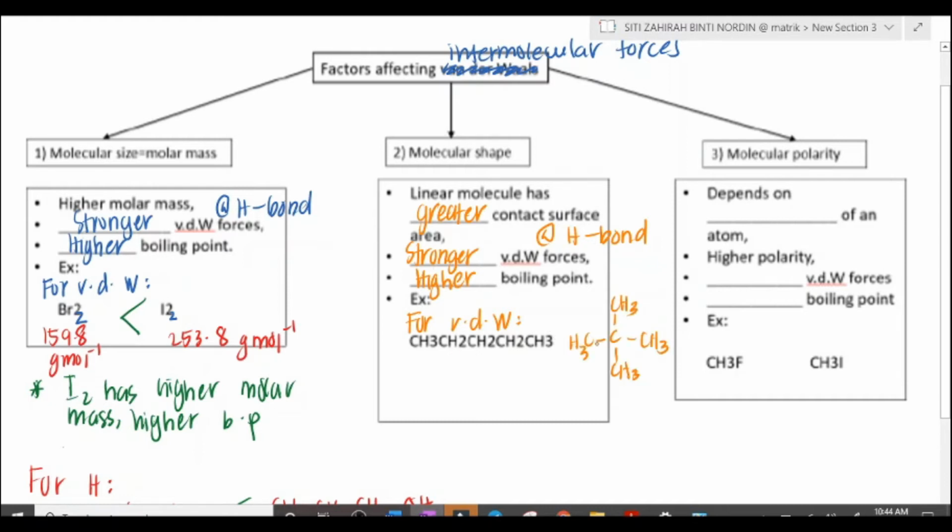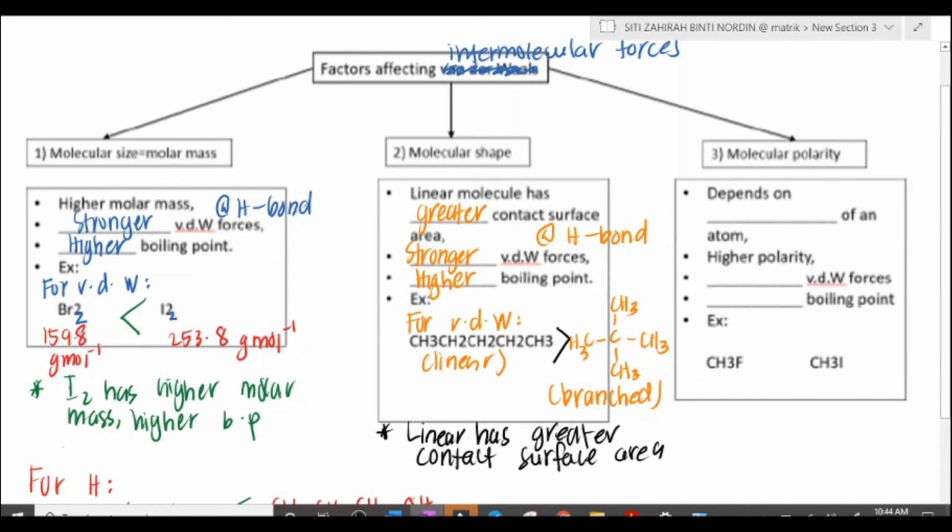Compare these two molecules. This one is in linear form, while this one is in branch form. Which one would have a higher boiling point? Yes, the linear one, because linear has greater contact surface area, so it will have stronger van der Waals forces and then